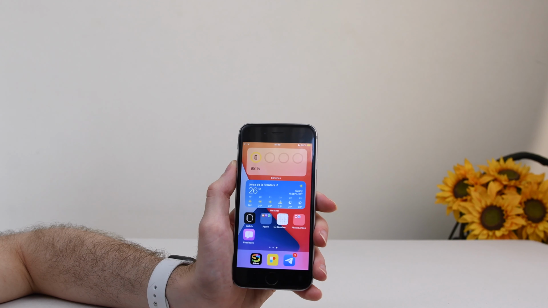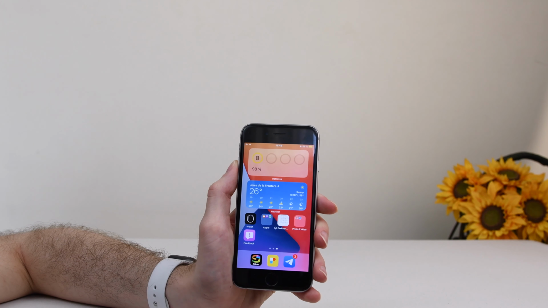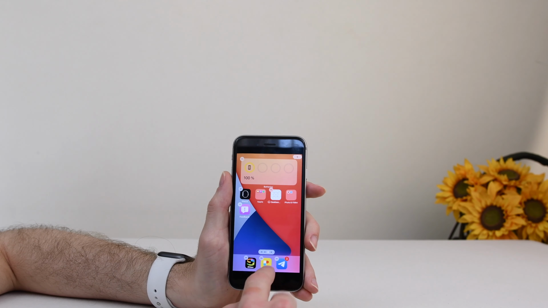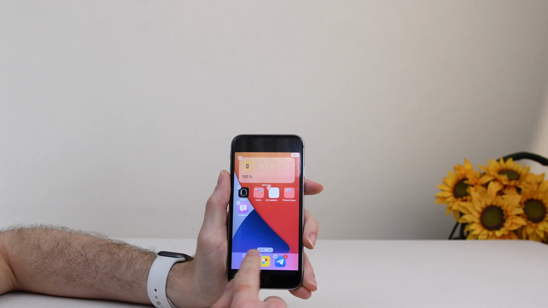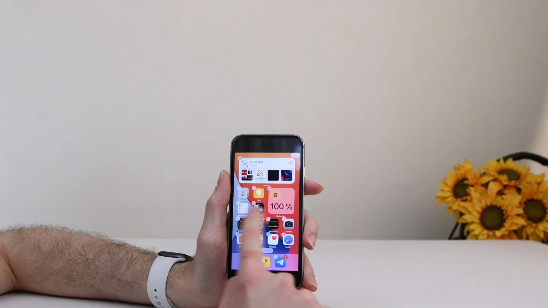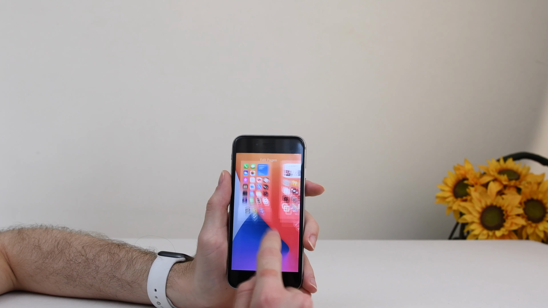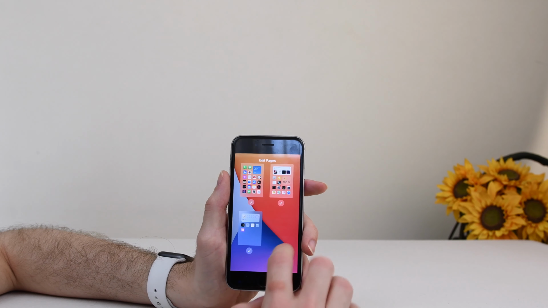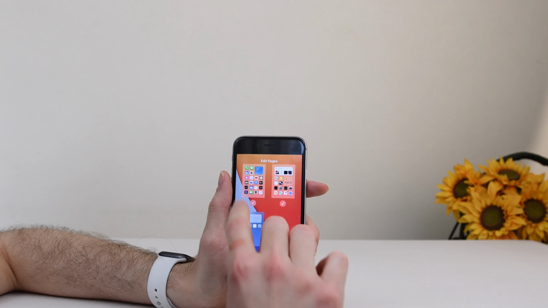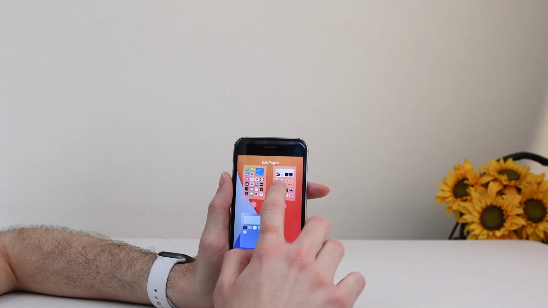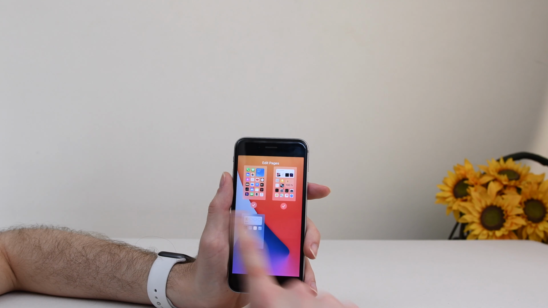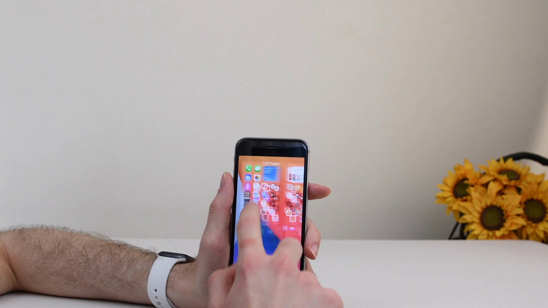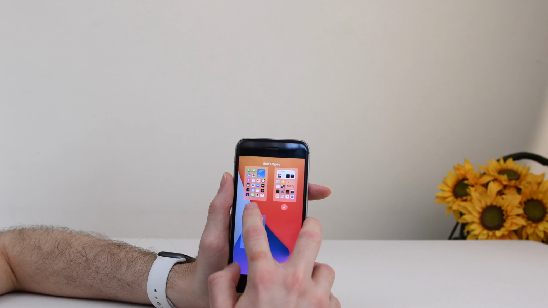We did actually see the clock one in the keynote itself, so yeah. Also, you may have noticed that this has changed a little bit, the different page scroller thing, and that is because you can tap it and actually select the pages that you want to see. So say you just want to see one page where you have a couple widgets, maybe this one actually, you have a couple widgets and the apps you use more frequently, so you can just disable the other two,